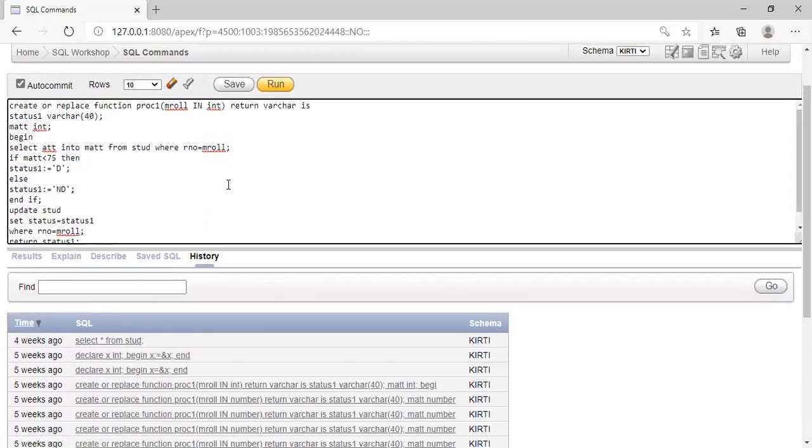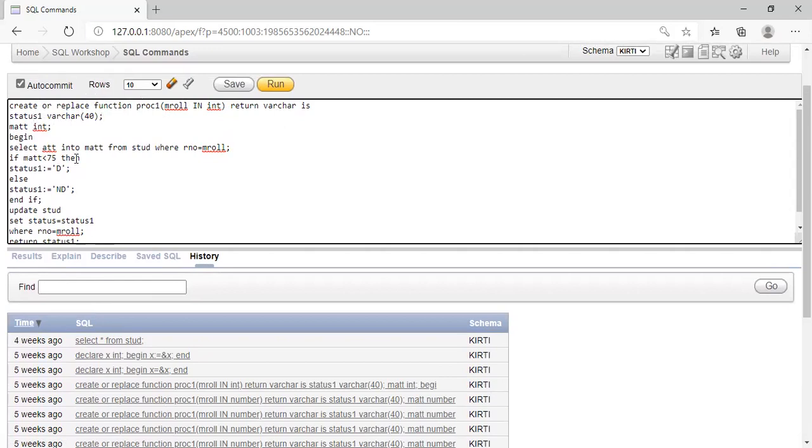Now here what we have done: create or replace function. Instead of procedure, we have written create or replace function proc1, m roll number in int, return varchar. Now a function will return a value, which is not available with the stored procedure, but a function can return a value, not an output value. So return a varchar, status 1.